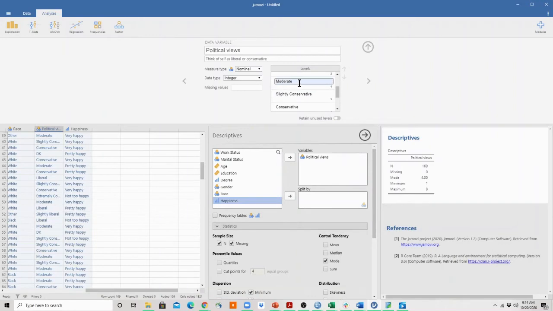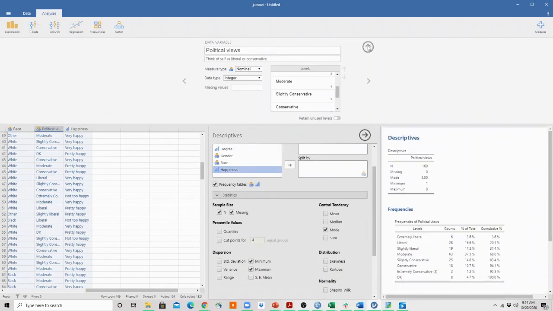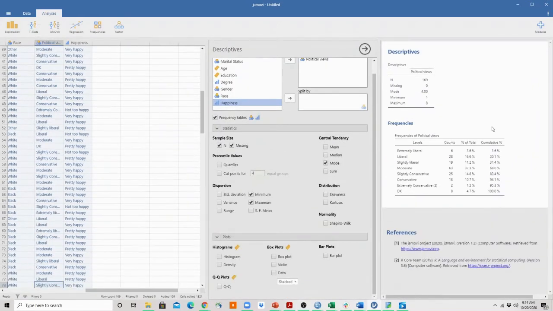We want to be very clear when we report things, so we would report that the mode is moderate for the variable political views. Some other things that we could do, though, because it is a nominal variable, is we could look at a frequency table. I'm going to go ahead and close this top up again. Now if we look at a frequency table, we can see the count and the percentage of each of